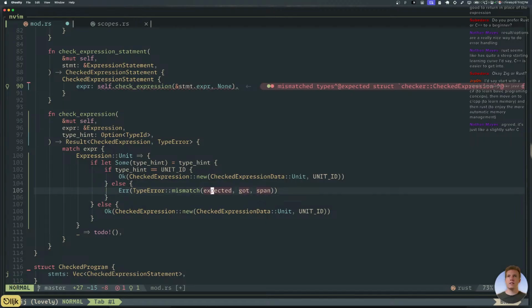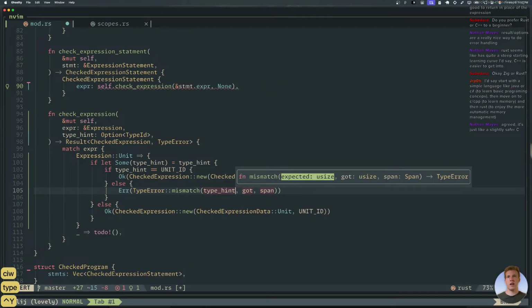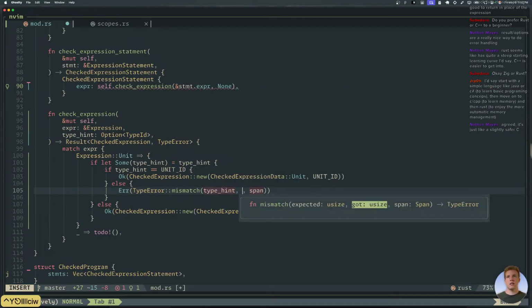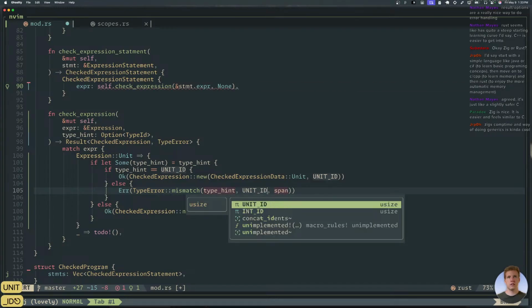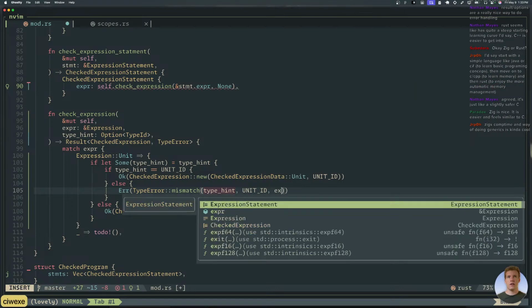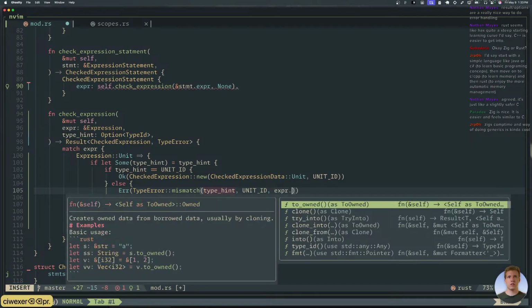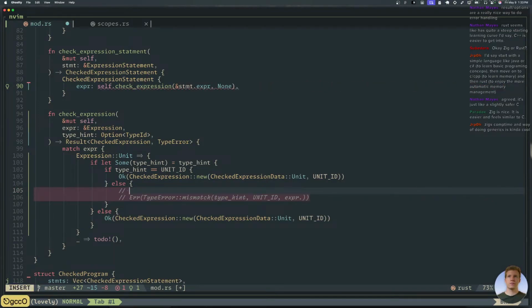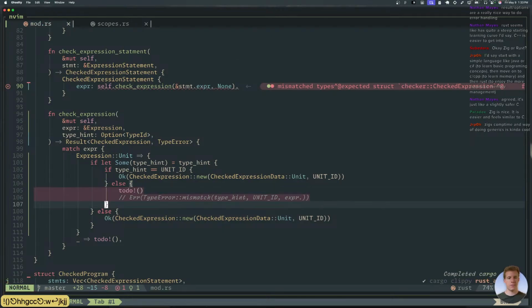We expected the type hint, right? But we got the unit. The span, what is the span? Expr. Oh, so now we need to pass the span through. Like we said we were going to do. Okay.